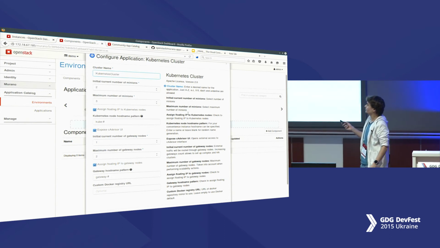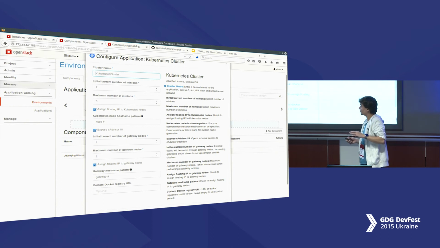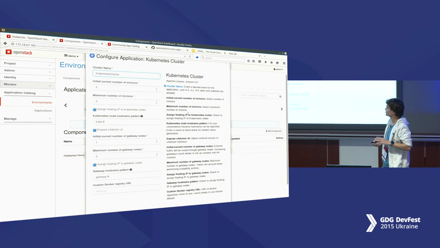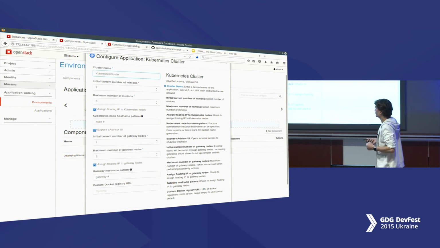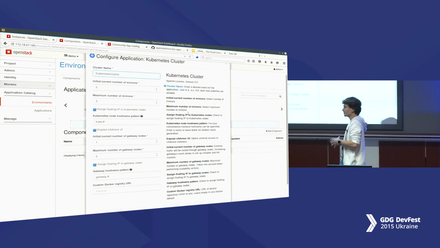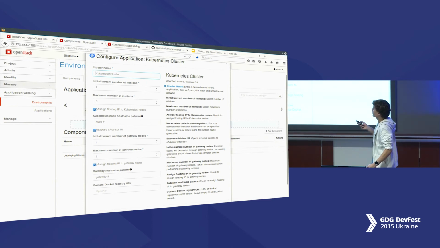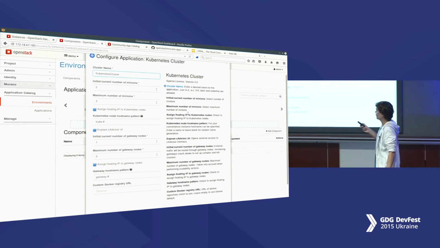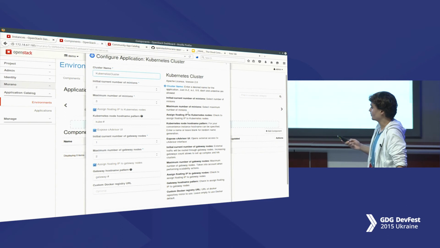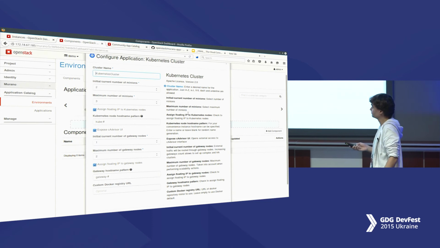We'll have to configure the current number of minions being used there. Also, we may extend the maximum number of minions. Minions are the virtual machines that are allocated to the nodes of Kubernetes, and using the minions, you may deploy your own applications on the different nodes. So in the current status of this cluster, we'll run 2 replicas of this application, and if we have necessity, the number of minions will be extended to 3.